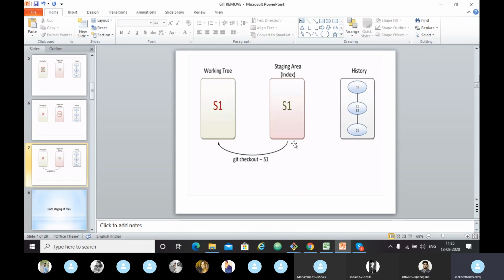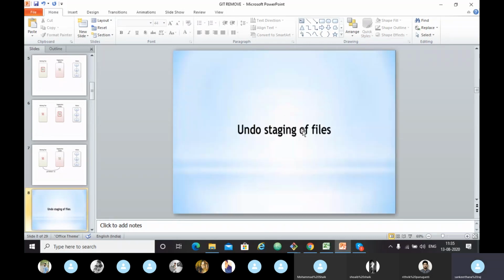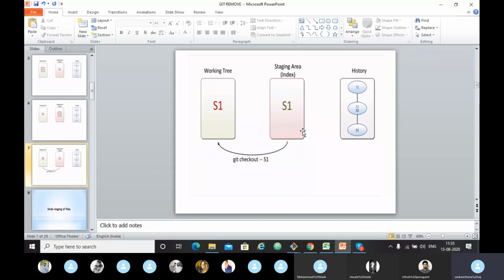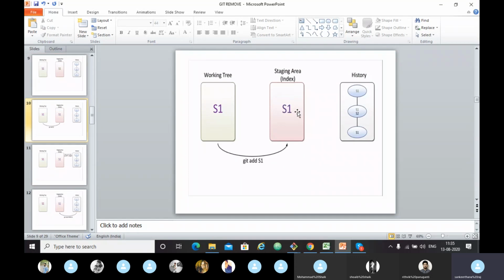So now, if you want to undo the staging of files, means if you want to undo anything in the staging area, first we have to make a commit: git add s1. This is the daily process for every commit you are about to make. So git add s1.